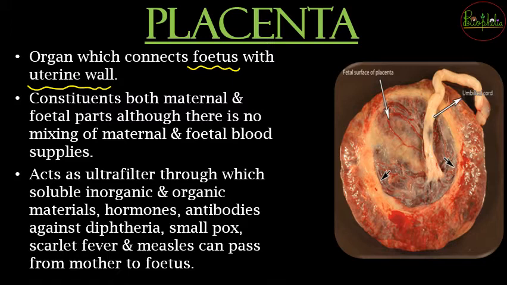Now a very important point that you need to remember, that is maternal or fetal part of the placenta जो होता है, यानी chorionic villi जो होगा that is the fetal part, और uterine tissue जो maternal part है. So both the places there is going to be blood vessels और वहाँ पे blood flow होगा. But you have to remember that although when the blood is flowing through this placenta, there is no mixing of the maternal and the fetal blood.